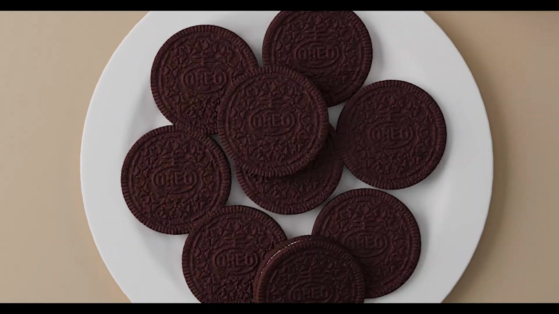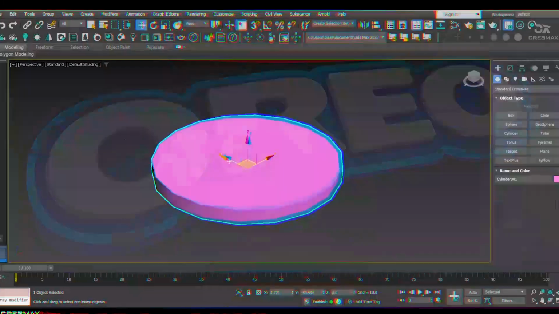Hello guys, today I will be giving you a breakdown on how I made this realistic Oreo product shot in